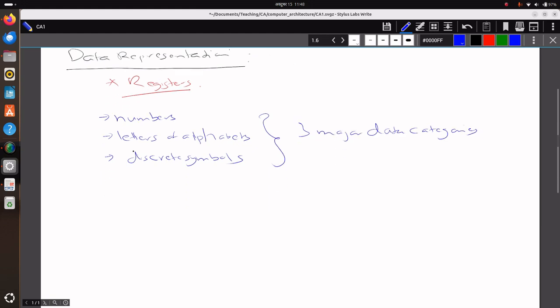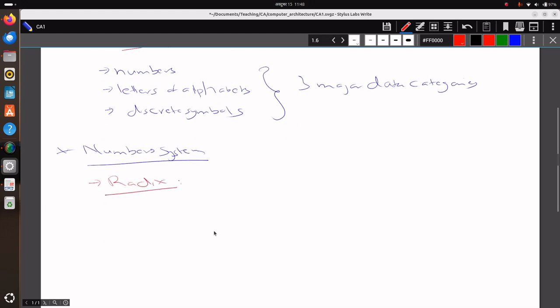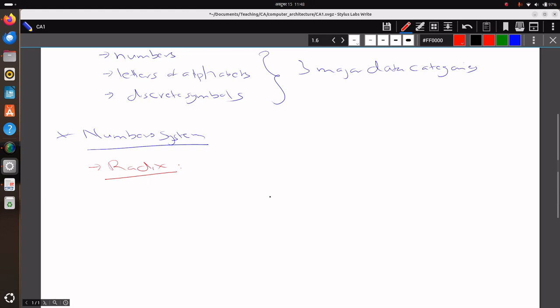Now let's start with something called a number system. And the first term that I would like to introduce here in case of number system is a radix. So what exactly is a radix? Let's say we basically use a decimal number system in our case, right? So when we say 50.5,